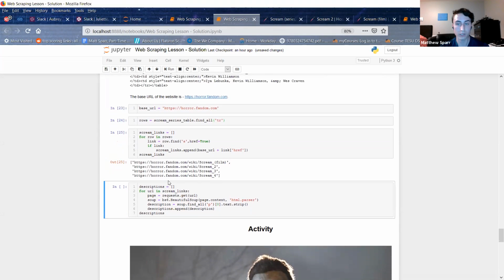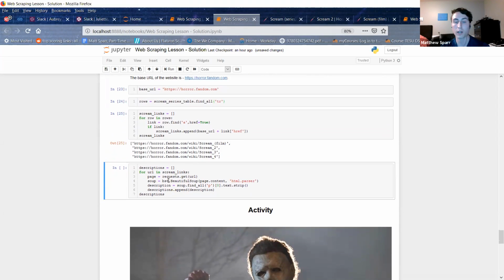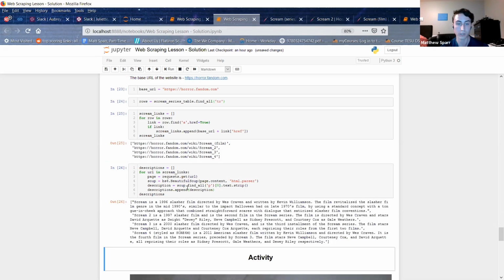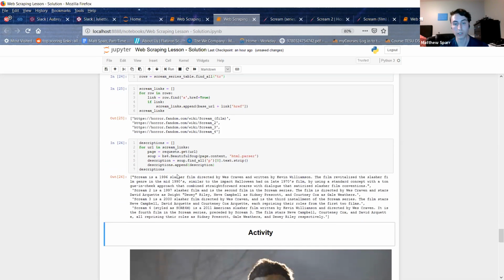So now that we have a list of all the URLs for each of the Scream movies, we could grab all the descriptions for each one using basically the same code as above when we first got the description for the original Scream film. We can do it in a for loop. So for each URL in our Scream links, we make a request to the page, we parse it through Beautiful Soup, we find the description tag, strip the text, and add it to our descriptions list. And then we can just go ahead and run that, and we can see it printed out a description for